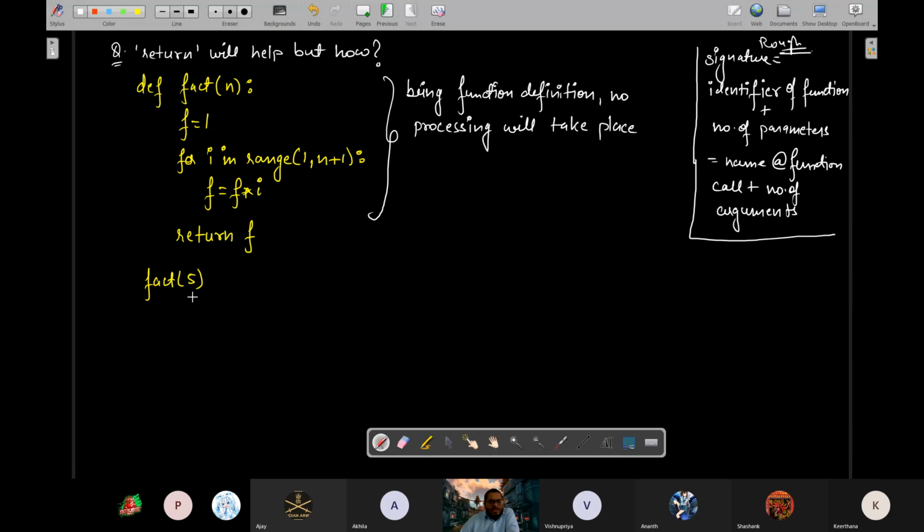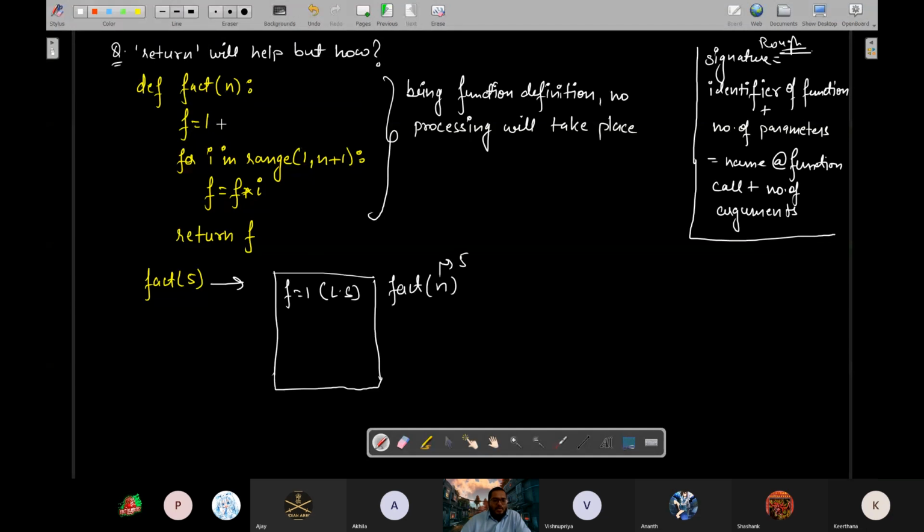Now, when it comes to this line, the signature of the function matches. Therefore, this function along with this will give rise to the local scope of the function as per this definition in the memory. Local scope of function fact with the value of n as 5 will come into existence. Here f is equals to 1 will be created, a variable named f with value 1 in the local scope, because this is during the execution of the function.